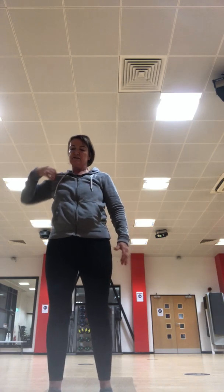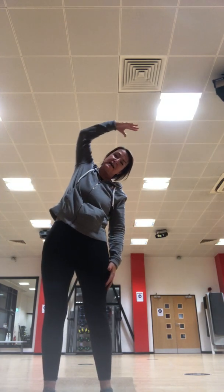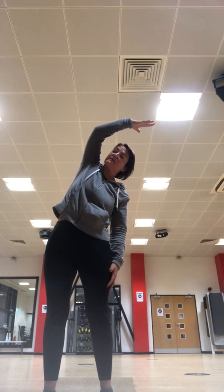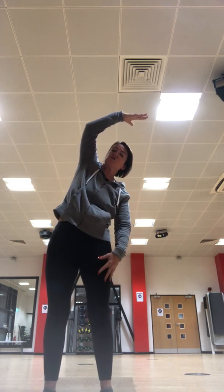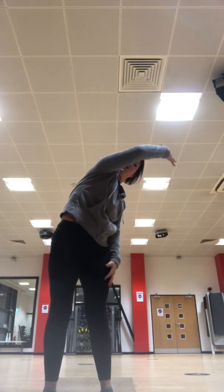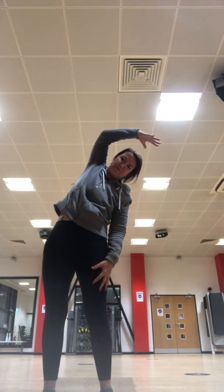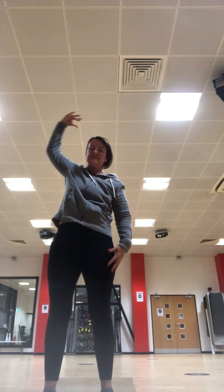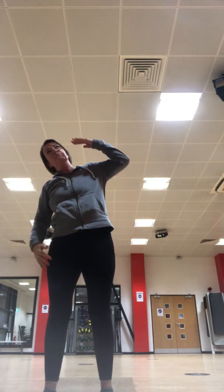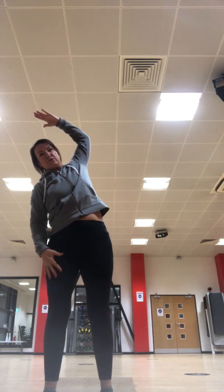Excellent. And I'm just going to take this left arm and we're going to take it over to the right side. And what I want you to do when we get to that point, take the shoulder and take it back and go again. So rather than coming forward, we're taking the left shoulder back and coming over, and then we'll change sides. So bring the right one up, take it over as far as we can, and then take the right shoulder back and come over